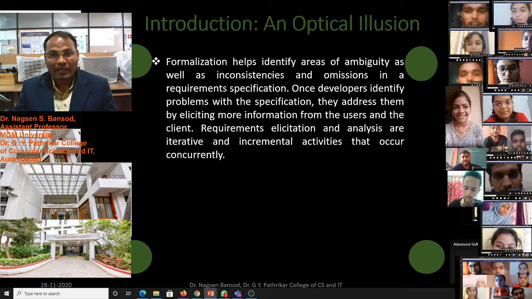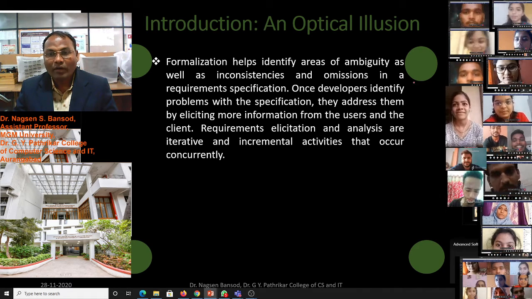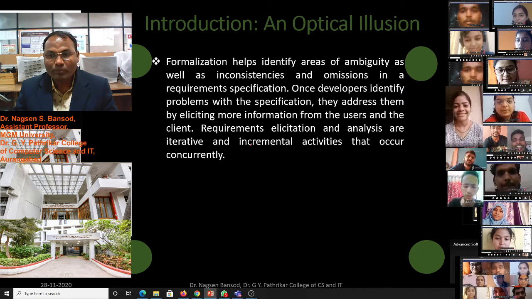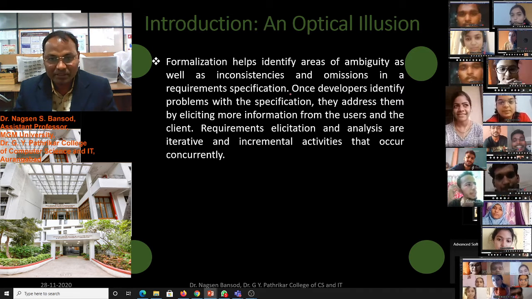Formalization helps identify areas of ambiguity as well as inconsistencies and omissions in a requirement specification.